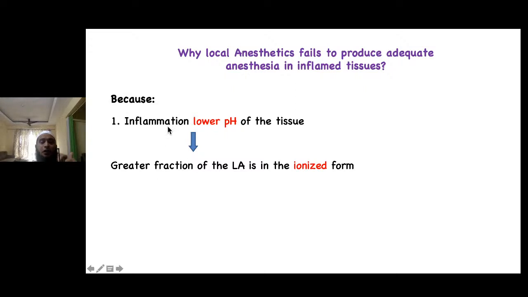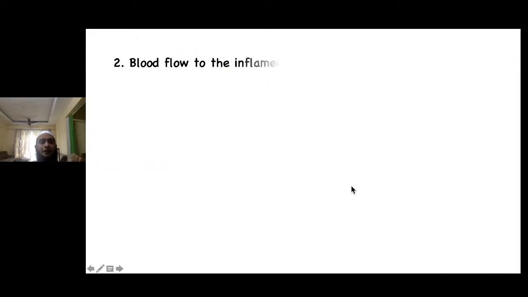So first thing, the inflammation lowers the pH of the tissue, and a greater fraction of local anesthetic is present in ionized form. Next thing, during inflammation, we know that there is dilatation of the blood vessels, and when blood vessels dilate, what will happen due to that? It will increase the blood flow. So the blood flow to the inflamed area is increased due to the dilatation of the blood vessels,